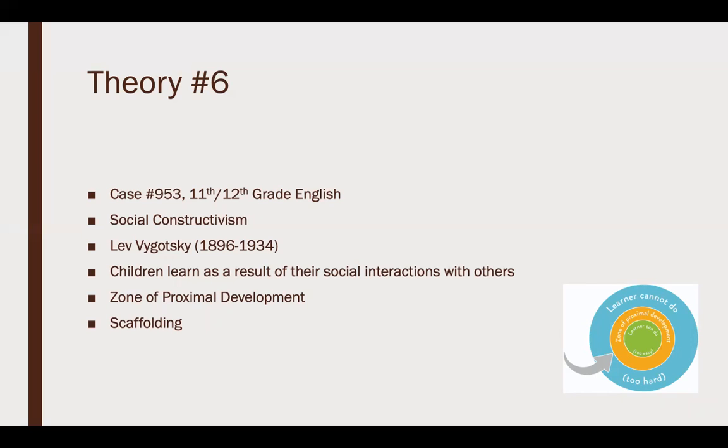Another key component of this theory is scaffolding, which is the assistance that adults or other peers provide during learning. In the classroom, the teacher would study the students' interactions during literacy learning, and they would ensure that all literacy tasks completed with others would fall into the student's ZPD. They would address reading problems through learning from peers.